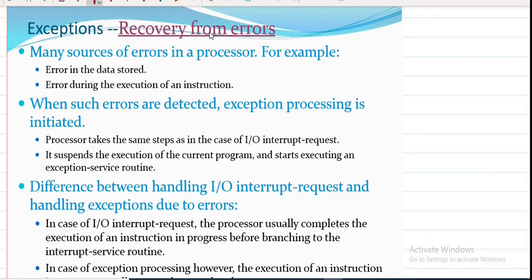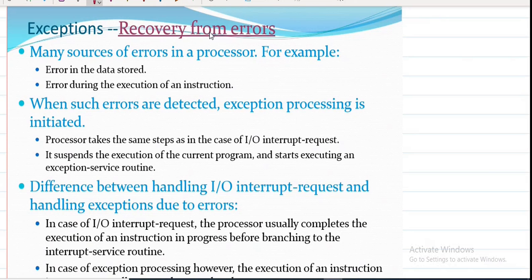For each piece of data you store in the hard disk, it is going to calculate the error checking code. Say I am storing one word of information, called a word. It will calculate the ECC for this and store that value along with the word. Whenever the processor tries to fetch this information, before fetching it will check whether the word is correct or not by checking with this ECC.